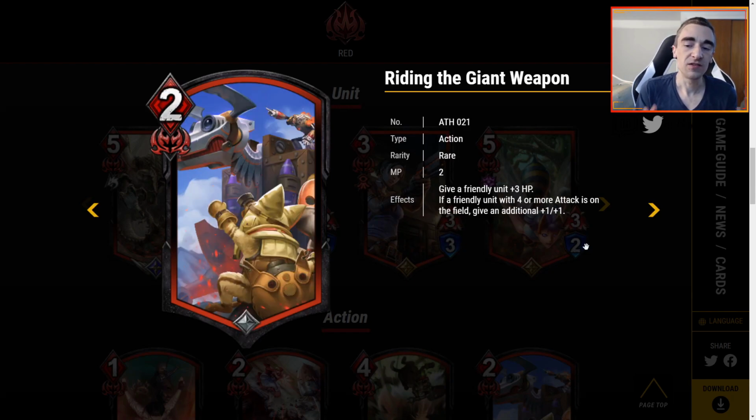Riding the Giant Weapon is 2 MP. Give a friendly unit +3 HP. If a friendly unit with 4 or more attack is on the field, give an additional +1/+1. Overall, I think this is a pretty interesting card, especially that it's just 2 MP. I think 2 MP actions have tons of potential because that is so cheap and is free in active response phase. Also, my first thought is this can fit the monster red tribe that we kind of started to see